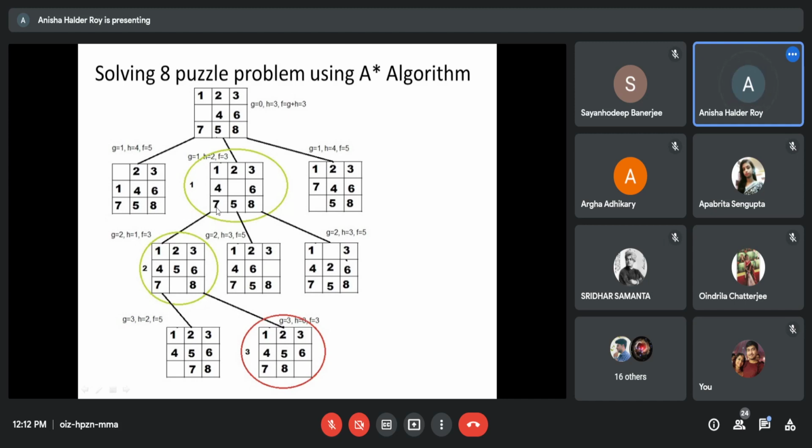So f value নিয়ে তোমাদের কাজ করতে হবে। So here f value is minimum 3. Okay, evaluate the children of f value of this